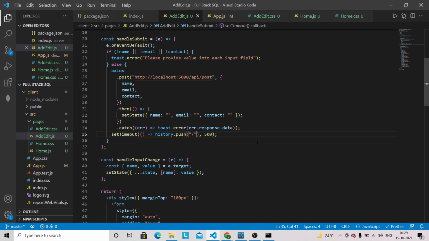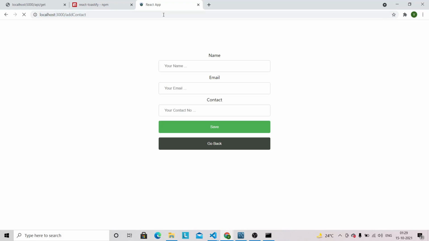So let's go into the browser and see whether we are able to add the contact in our MySQL database or not. So let's refresh this one, and first let's try to add the contact without having any data in the input fields. So we have got this toast notification: please provide value into each input field. So now let's add the contact.